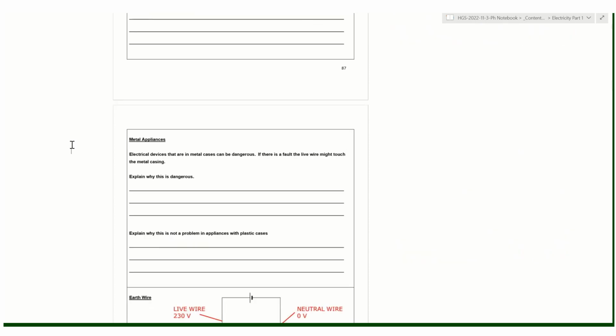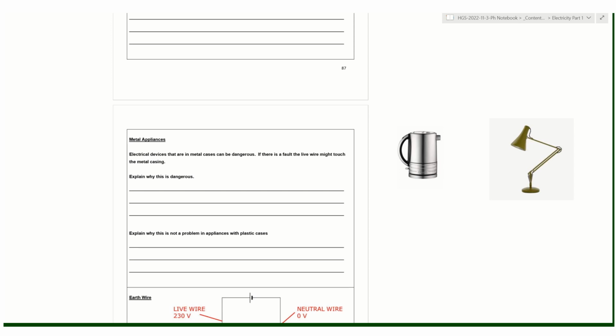Here, we're not touching the live wire, but we could touch the metal casing, which is the outside of the appliance. So that could be something like a metal kettle or this type of metal angle poise lamp. Because they're made from metal, if the live wire touches these, then the metal is conductive. So if there's a fault, the live wire could touch the metal casing, and then we would get the metal casing